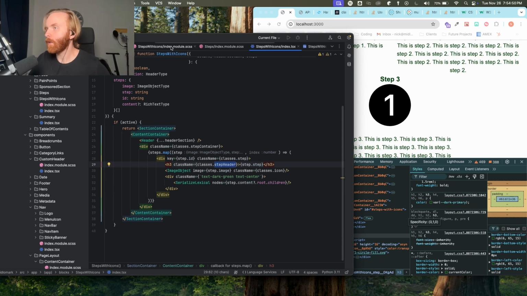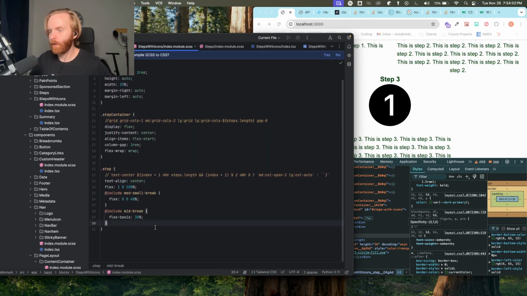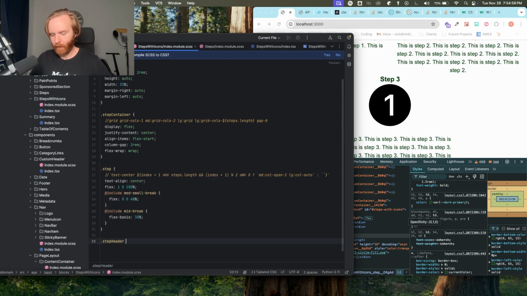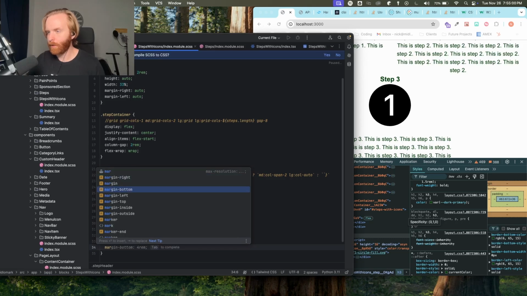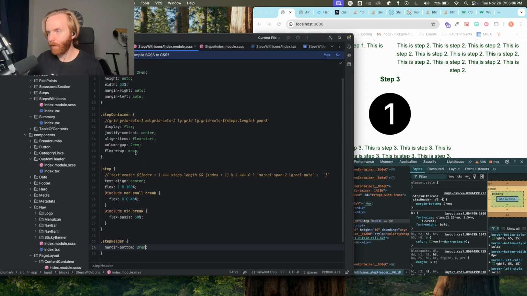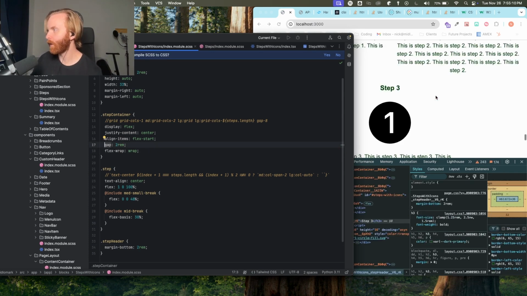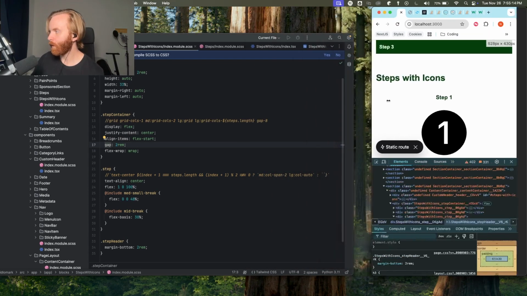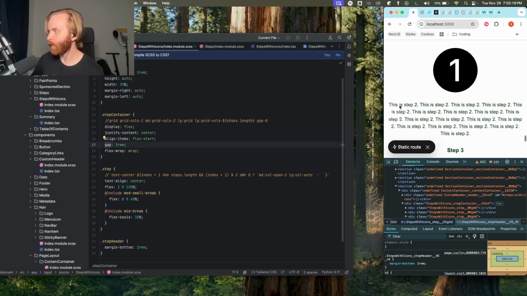I'm going to take that, go to steps with icons, come down here to step, I wonder if I have it, yeah, step header, and then we're just going to do a margin bottom of 2 rem. The color is right, but that should bring that there, and now we can do a gap of 2 rem, which should bring this back down to a comfortable distance. So that's it for steps with icons so far. Looks good as we